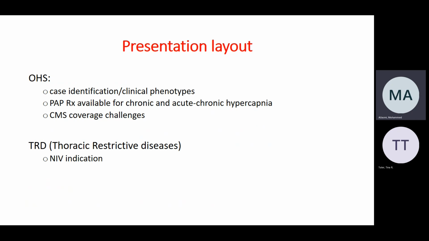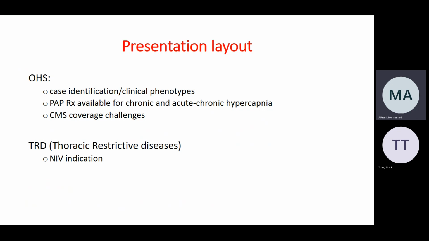So I will be trying to cover some important aspects of OHS when it comes to case identification and clinical phenotyping for obesity hypoventilation, what kind of NIV we need to choose to treat the acute and chronic hypercapnic respiratory failure in OHS,